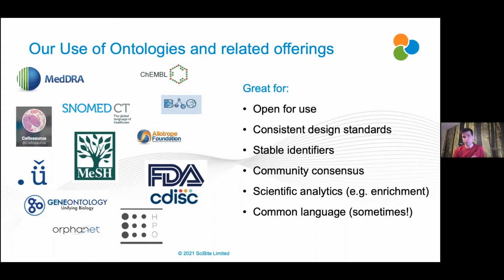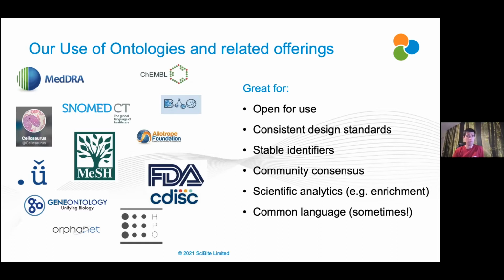So there's a lot of resources that get used that are not necessarily ontologies. ChEMBL is another one. But they are very useful in terms of providing a kind of backbone for IDs, sometimes a semantic backbone because they're linked to something like a graph as well. So they provide a lot of good things. They're open for use, which is really, really important. It's one of the most important reasons people take these things up, not least because they can use them openly themselves, but also with other people using them openly, like the public domain repositories, you can get some connection there.